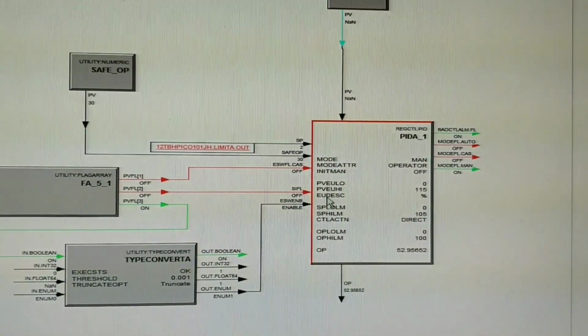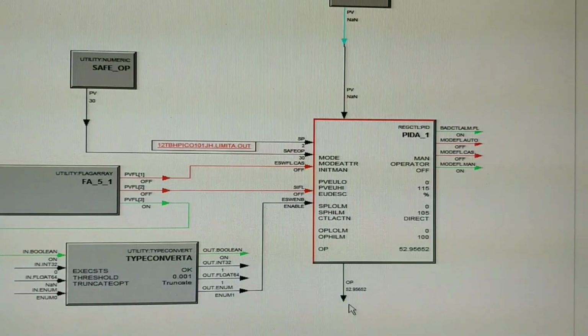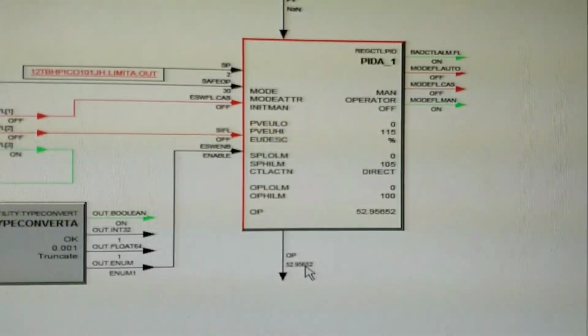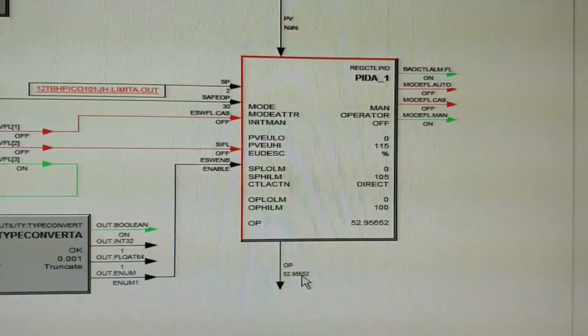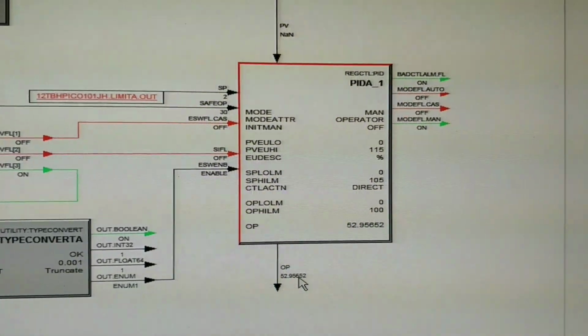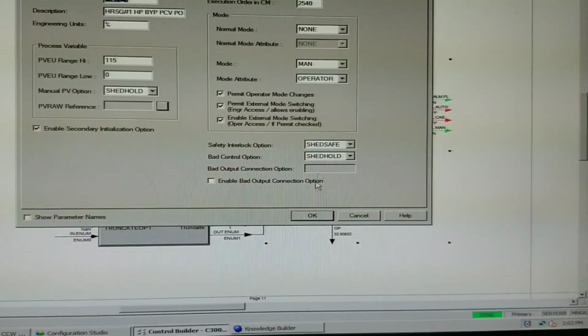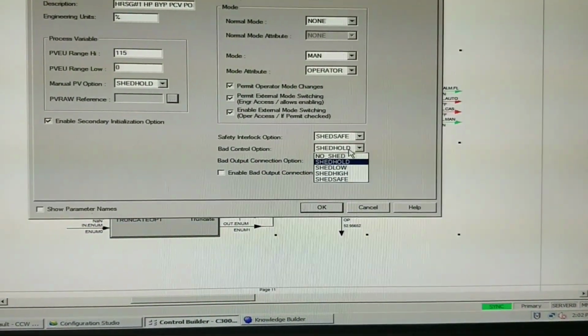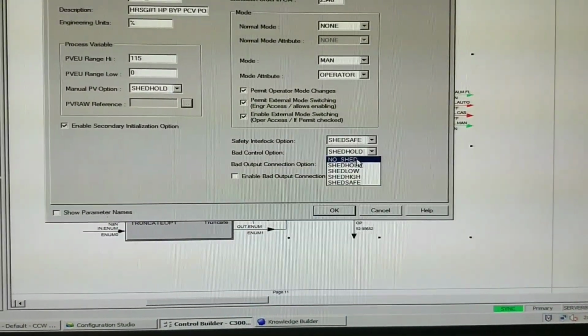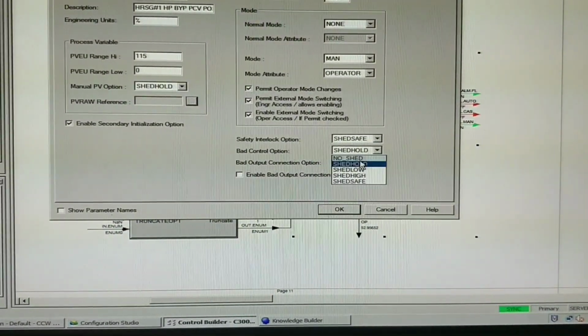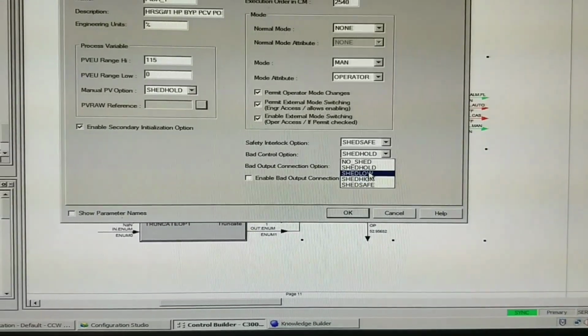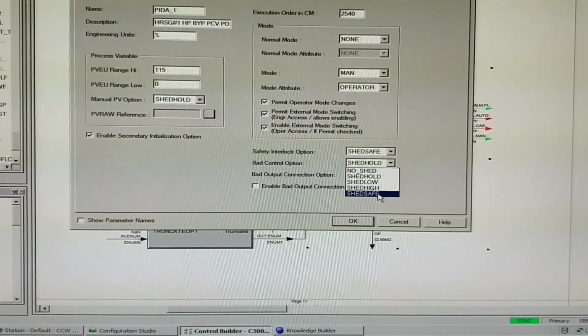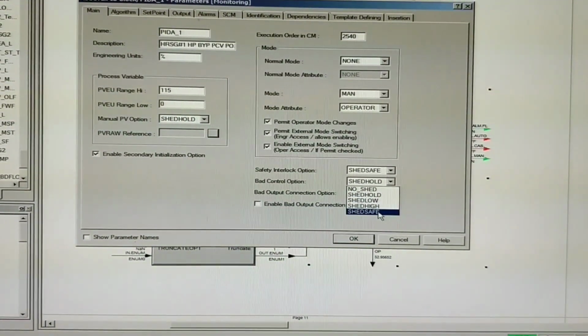See, this is in alarm state, bad control alarm, and whatever the output was going for the operation of control valve is hold at that point. So here you can set shade hold. Instead of shade hold you will shade no shade. At that time there will not be any changes. Shade low, shade high, low value, high value, and shade safe value if you want particular fixed output in the